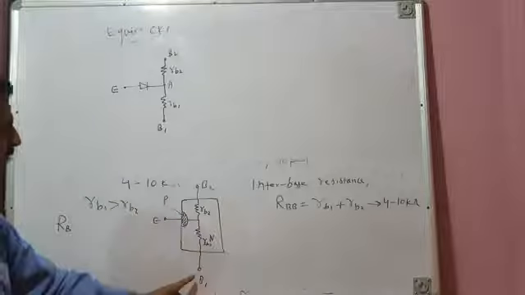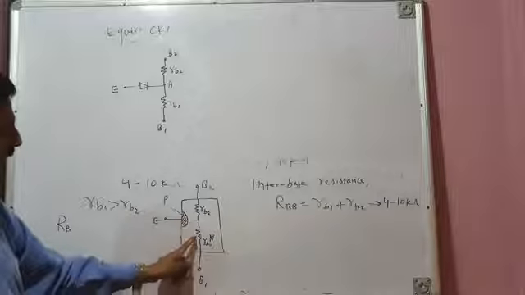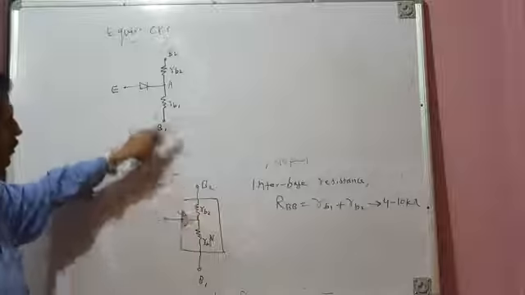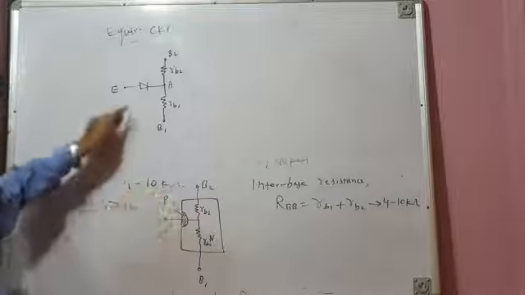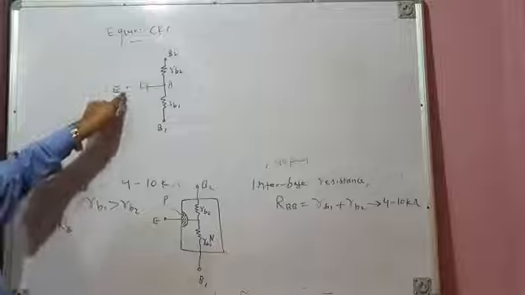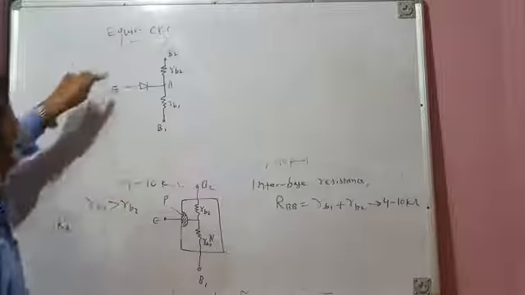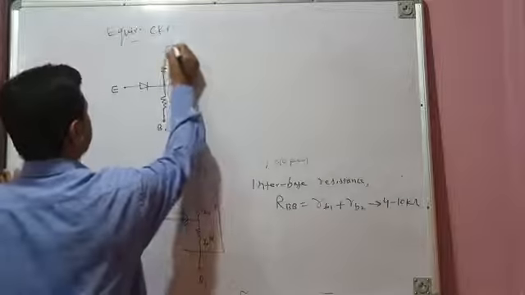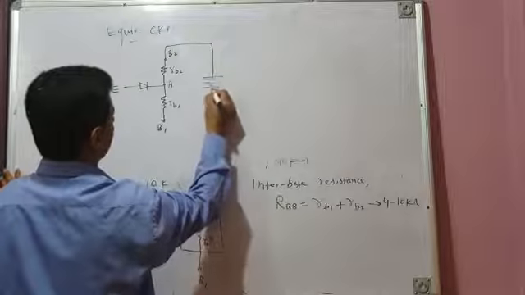So you can see this is base terminal B1, this is base terminal B2. Between B1 and emitter there is RB1, and between emitter and base B2 there is another resistance RB2, and then you have a PN junction here that can be shown equivalently by a PN junction diode. So these are the three terminals of the UJT: B1, B2 and emitter. Now let us bias this UJT and apply a fixed voltage on this side.